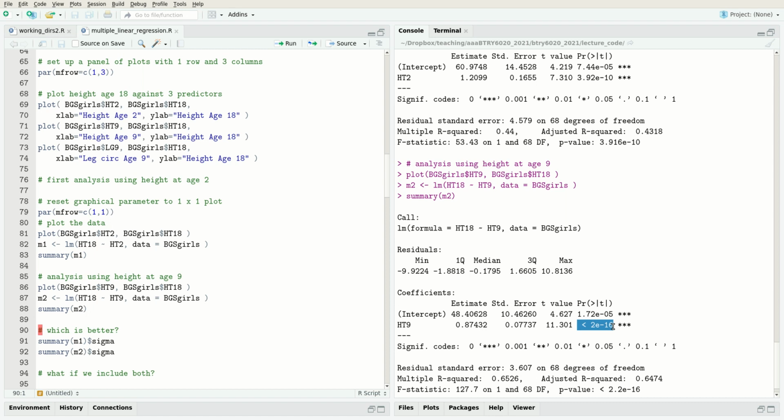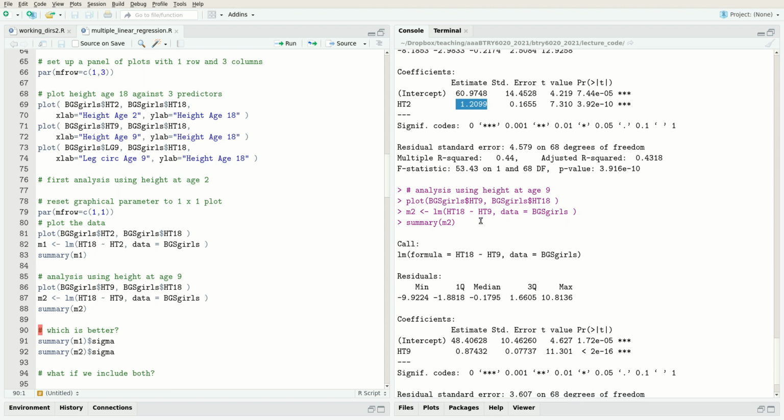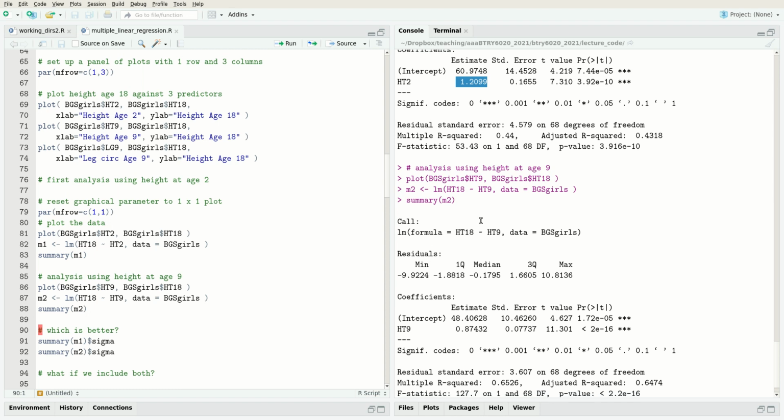What this number means, it's very small, very close to 0, is that we have very strong evidence that this coefficient is not 0. We also have very strong evidence. This p-value is 3.92 times 10 to the minus 10, which is also very small. We have very good evidence that this coefficient is not 0 as well. Okay, so we think that height at age 2 and height at age 9 are both linearly related to height